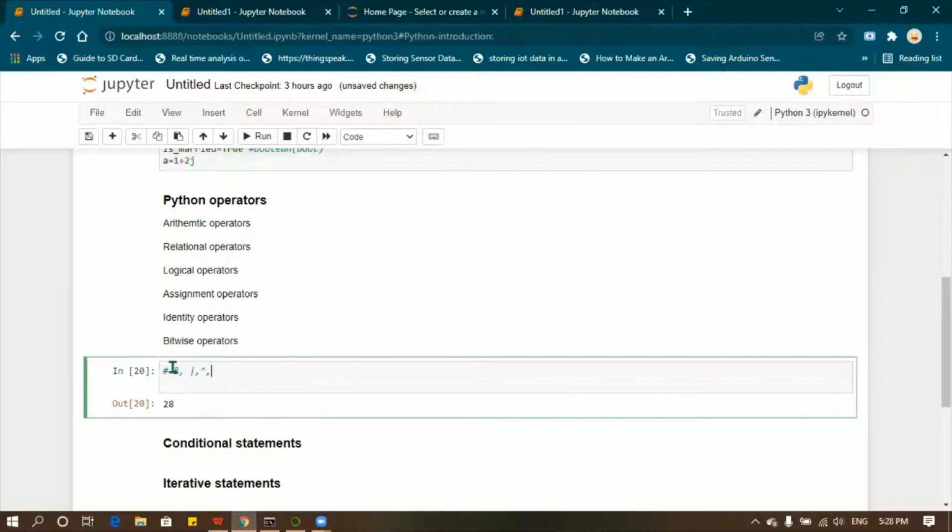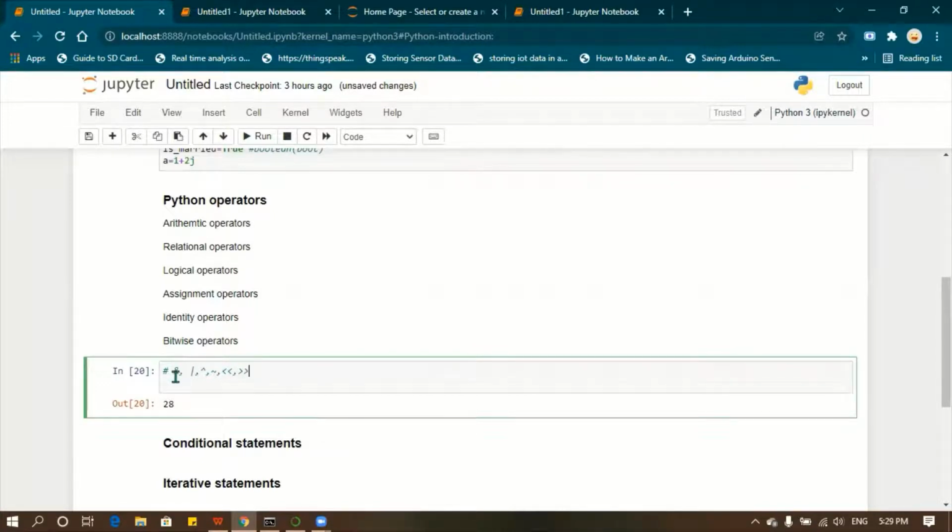Next we have NOT. You will find tilde, the symbol name is tilde, below the escape key. Next we have left shift and right shift. What it will do is the shift operation, like moving the zeros and ones to the left side and the right side. This is what your bitwise operators will do.